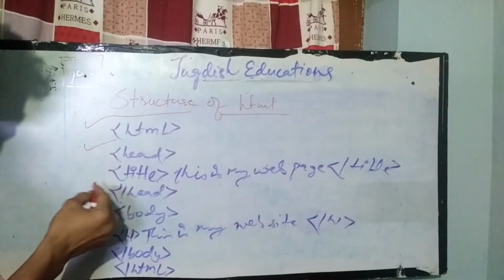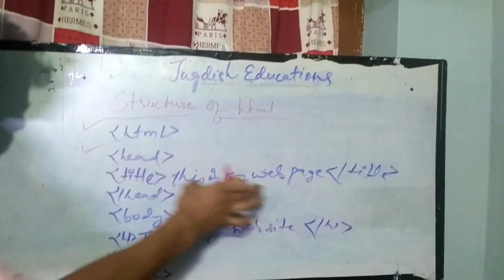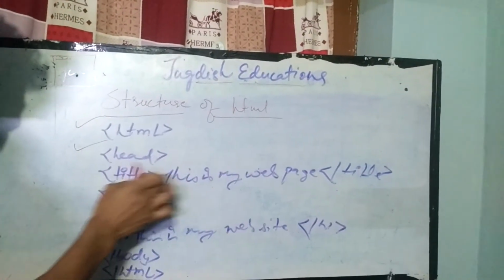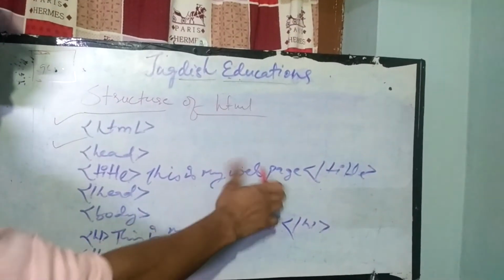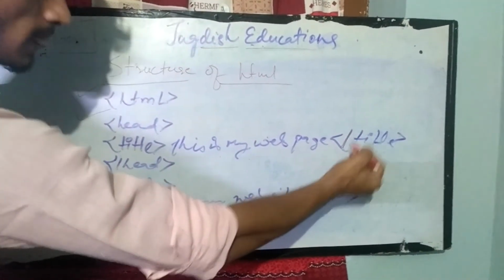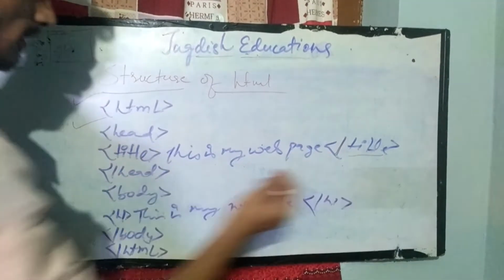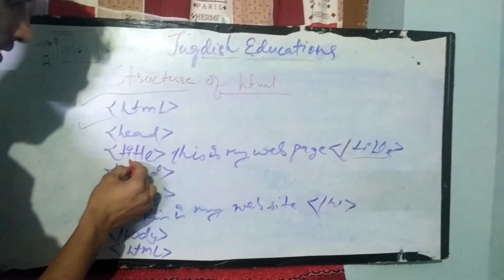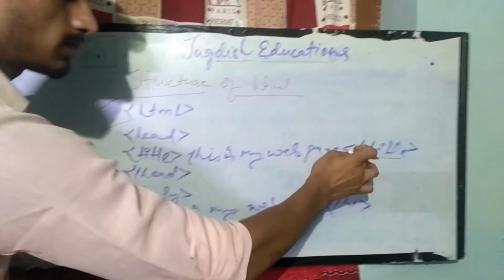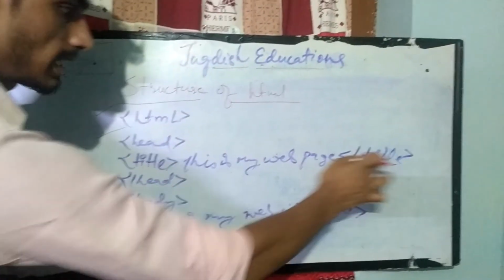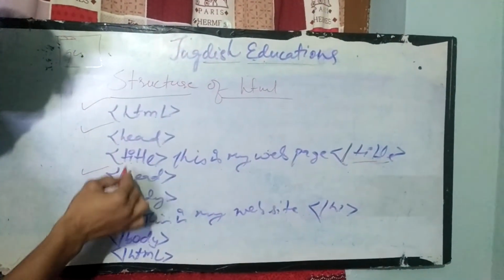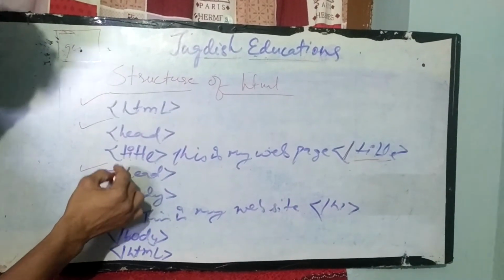Okay, coming to this title, we are writing the title of this web page. So within that head section the title tag will come, and we will be writing this is my first web page. Remember guys, this slash, we have to put for the ending of every tag, like the title tag we have written here. Here the title tag is ending, so we have to add a slash. So the title slash symbol is very necessary. So here the head tag is going to end, so we have put a slash here.